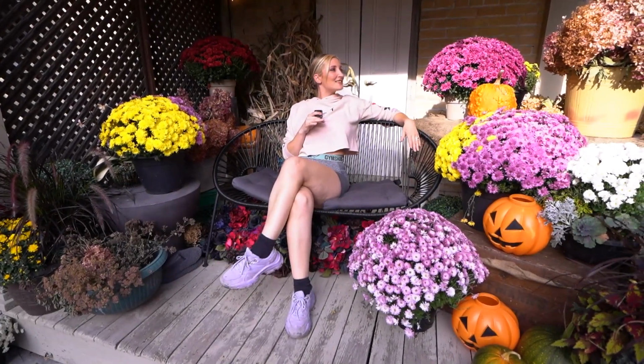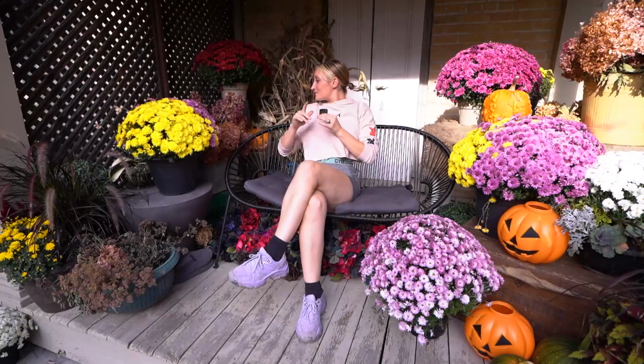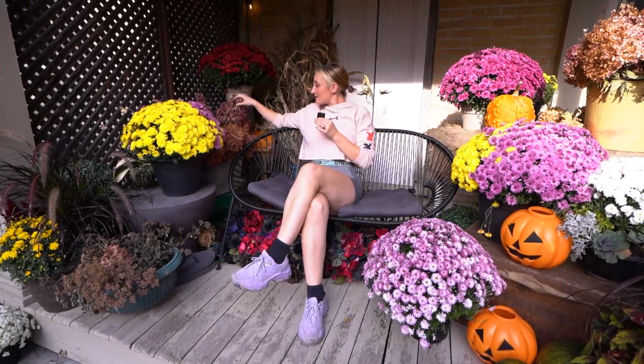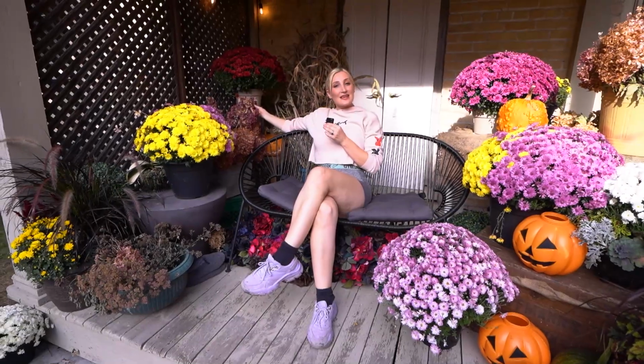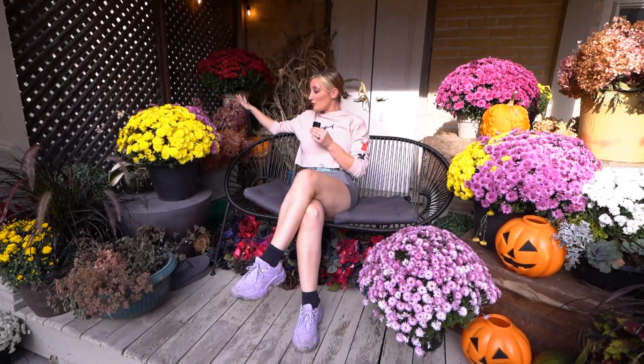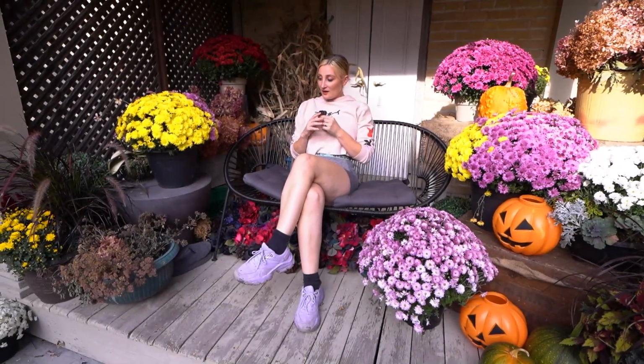But we have this gorgeous little porch area that's currently full of mums and beautiful kales and grasses and your fall plants, plus pumpkins, of course. Also hydrangeas that I picked, that I cut. Oh, they're very dry now. From my parents' house. All of these are from their beautiful hydrangea trees. I needed to trim them anyway, so I took a lot of the blooms and brought them here, as well as some dried